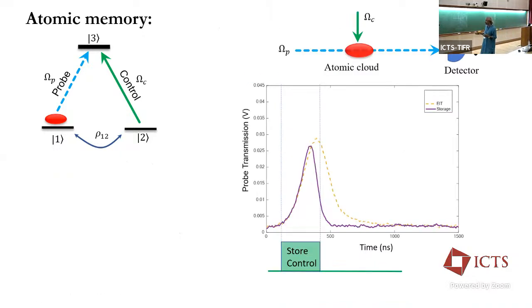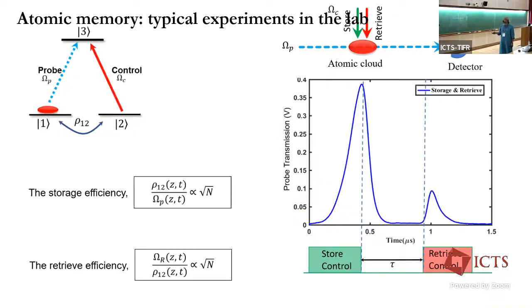So you can change them, and let's start changing them. For example, this was the light that was coming out. Suppose we stop the control field earlier. You see that this was trying to come out, but now we have turned off the control field. That support is not there, so it's now getting absorbed. But the interesting thing is that this absorption is a coherent superposition. So at a later time, if you wait for a time and then turn it back on, you see that this coherence is adiabatically rotated and converted back into omega p, and that's what we retrieve.